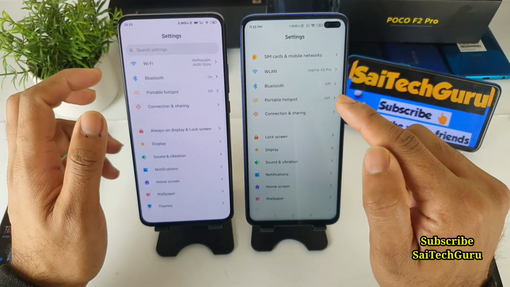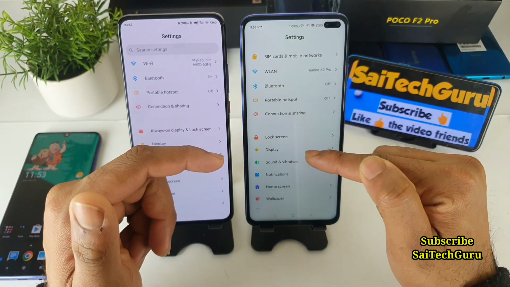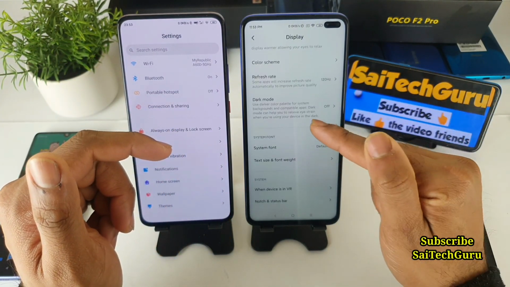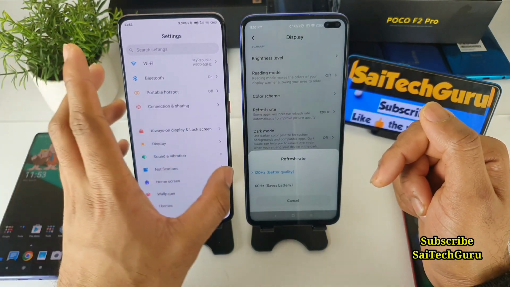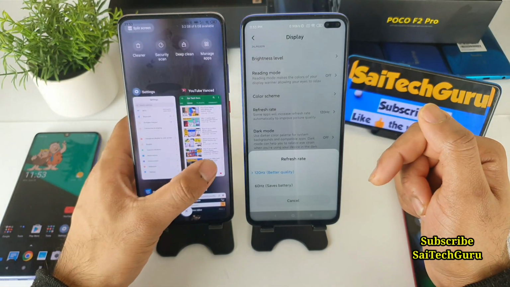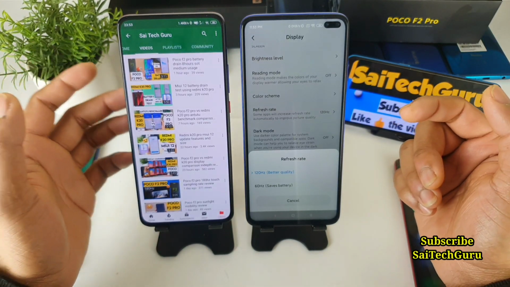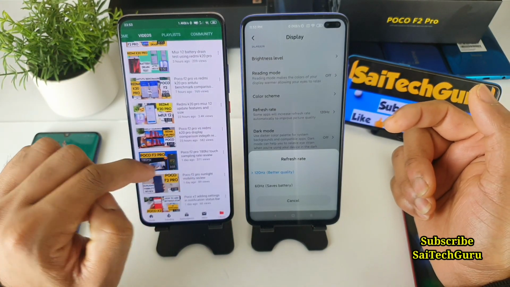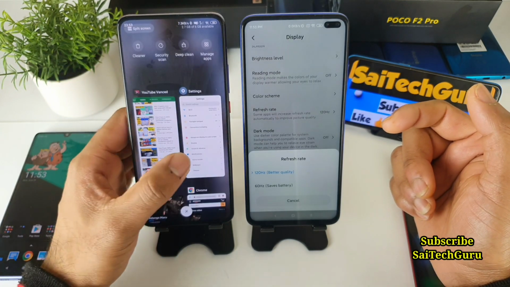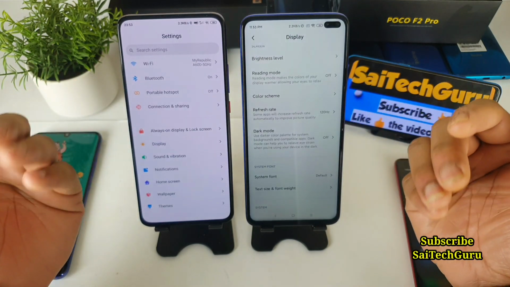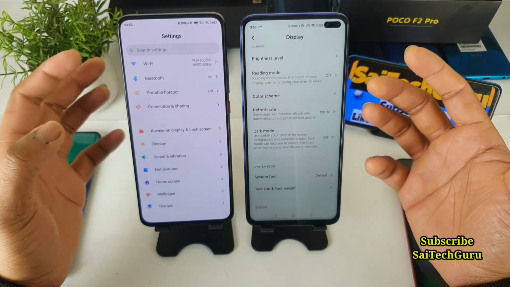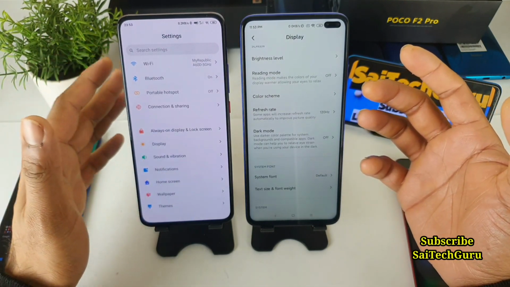And next, the Poco X2 has the advantage of a 120 Hz refresh rate, as you can see here. Even the Poco F2 Pro has a 180 Hz touch sampling rate, on which I did a separate video, you can check that video. Which means the touch response will be a little bit faster, and you get a good feeling that you are using more than a 60 Hz refresh rate.